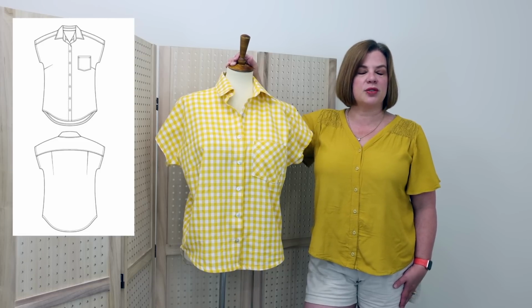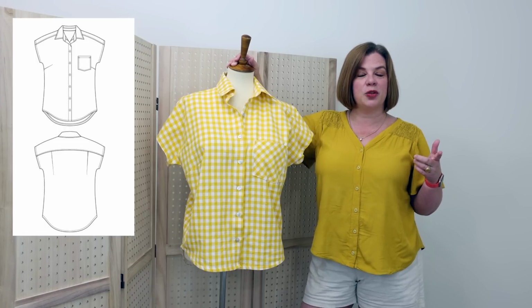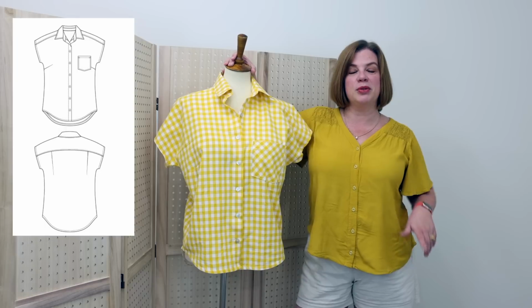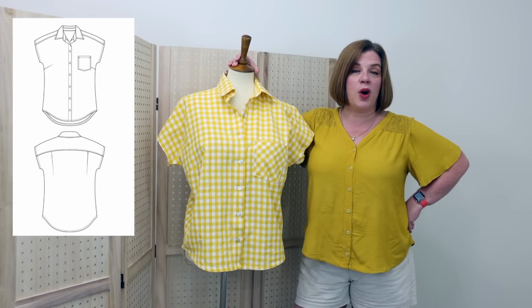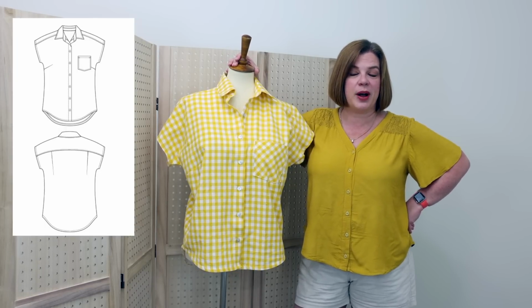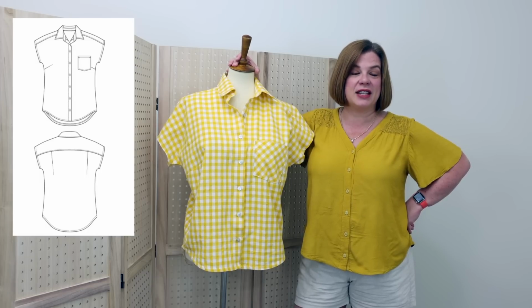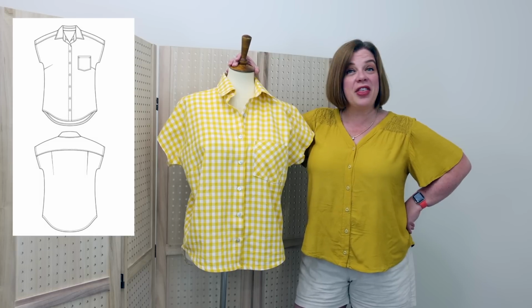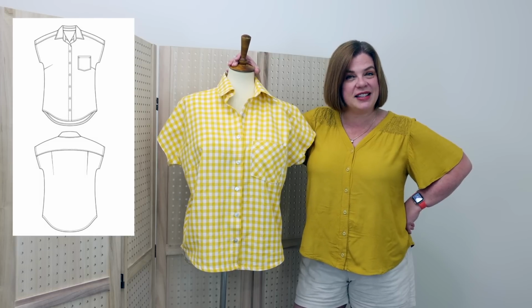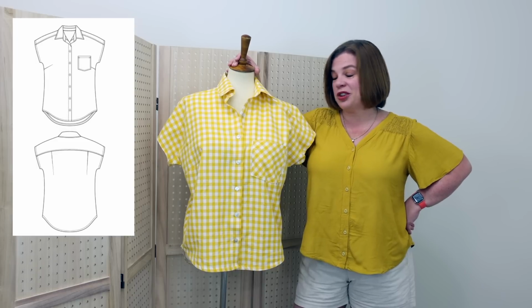She just does a really good job of taking a basic and elevating it just a little bit, making it a little bit different, throwing in some new techniques and all that kind of stuff, and then doing a great job of explaining them and walking you through that instruction process as well. So big fan of Itch to Stitch patterns and love it when I have time to test for her. It always makes me a little sad when a test does not fit into my schedule. So this one did, and I'm so excited to share my version with you,